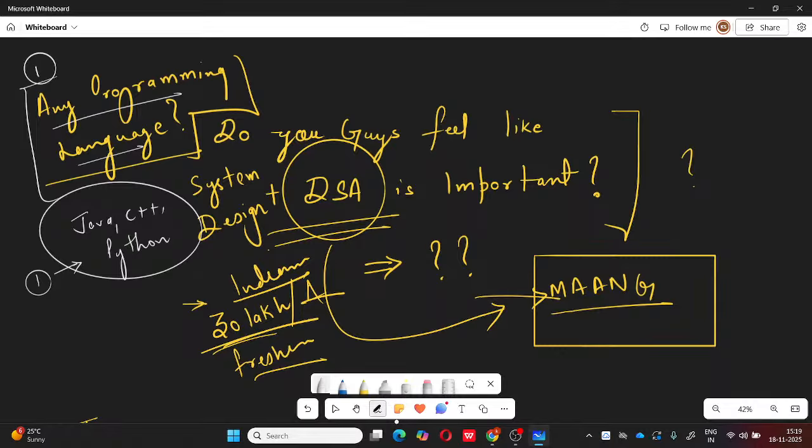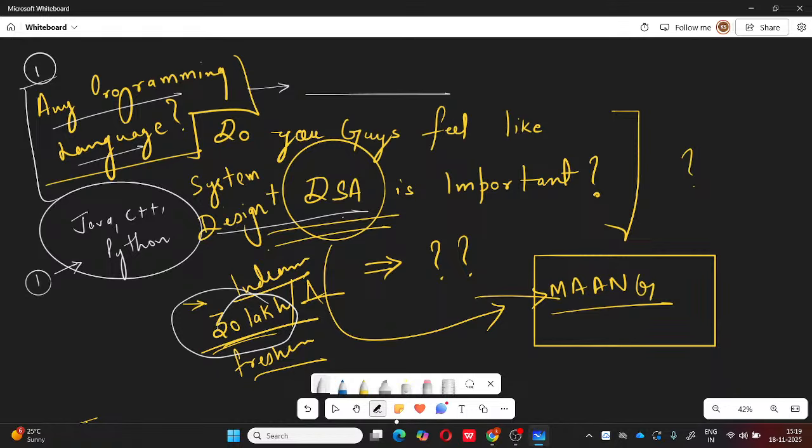Guys, do we know any language which we can use in order to do the coding and stuff? First thing comes first, that we need to be very serious about it, right? Fun and everything is fine, but there should be one skill that we should know at least this much, that can let you earn well, right? And I'm saying that if you are an Indian student, then it is very simple to earn 30 lakh or more. Very simple, right? If you know these two skills, that are system design and DSA.